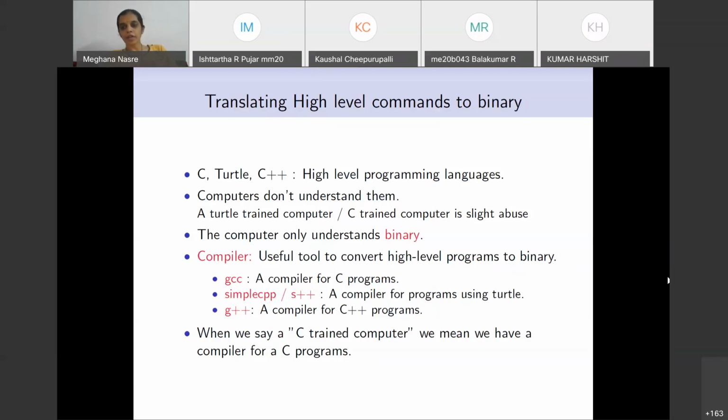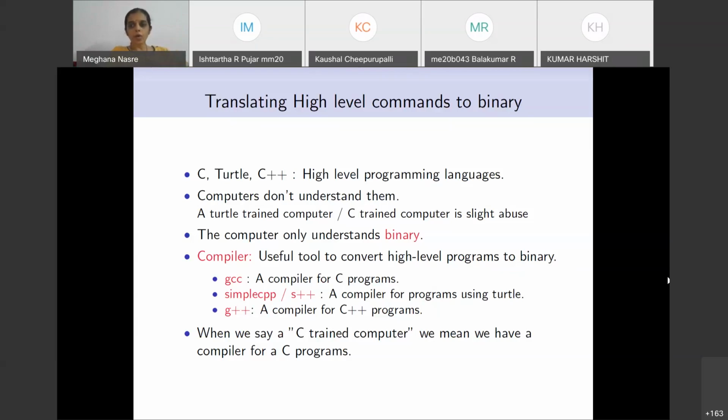Okay. So even to convert the basic program, just to print maybe a character on the screen, it will take a lot of work for us to give the same set of instructions to the computer in binary. And therefore, it is going to be a very tedious job and also a very error prone job, to write a program in binary. Therefore, to make our life simple, we avoid writing in binary.